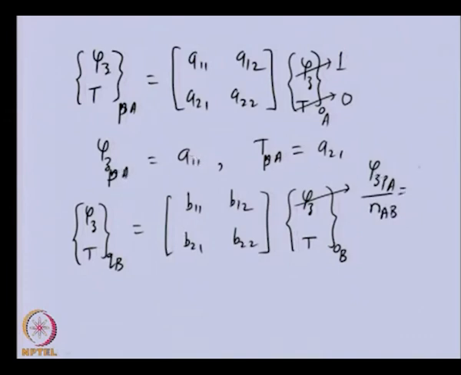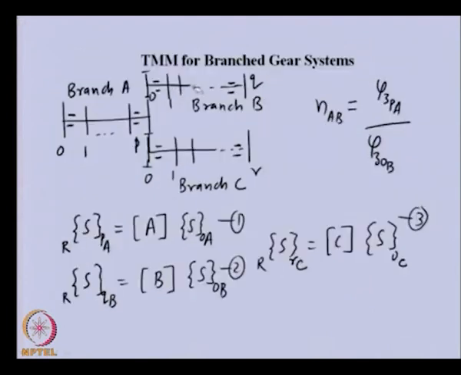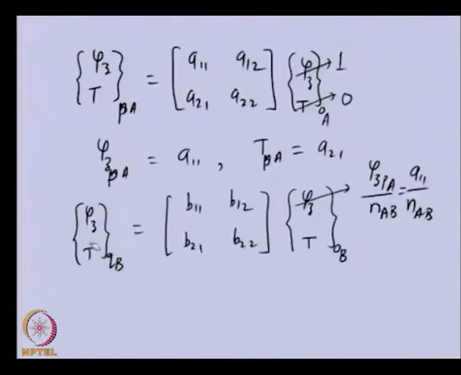So this can be written as A11 divided by NAB. If we see the other boundary condition of branch B, at this station we have torque 0. So that means here torque is 0, and if we expand, we can get phi Z